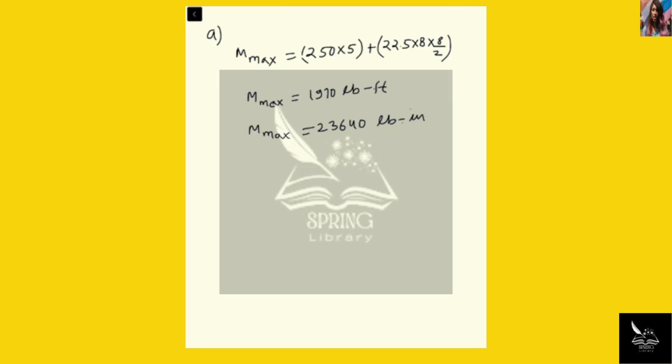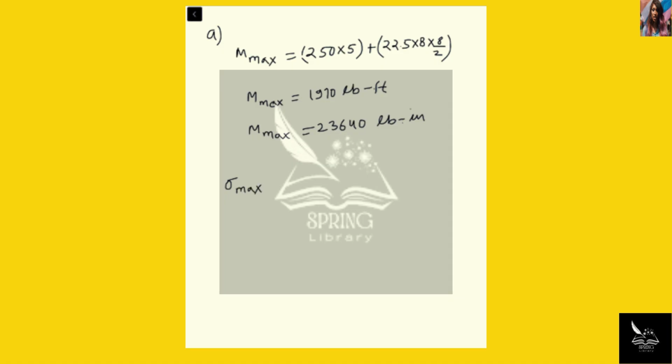For this question, the maximum bending moment of the cantilever beam at point A will be given by Mmax. Mmax will be equal to 250 multiplied by 5 plus 22.5 multiplied by 8 multiplied by 8 by 2. Okay, so after solving we get Mmax equals 1970 lb feet, or Mmax equals